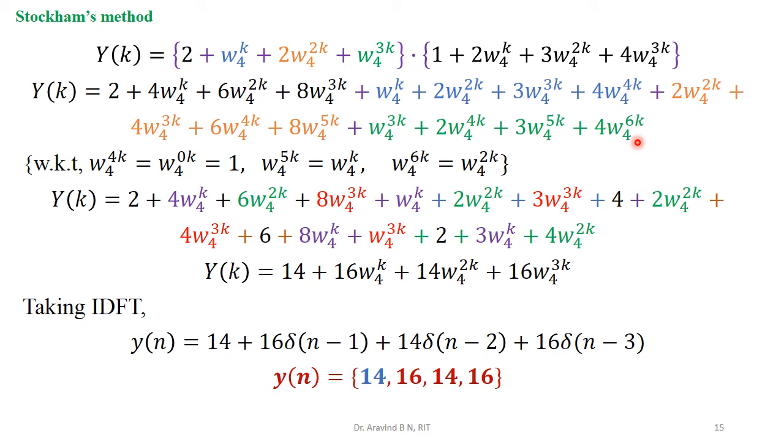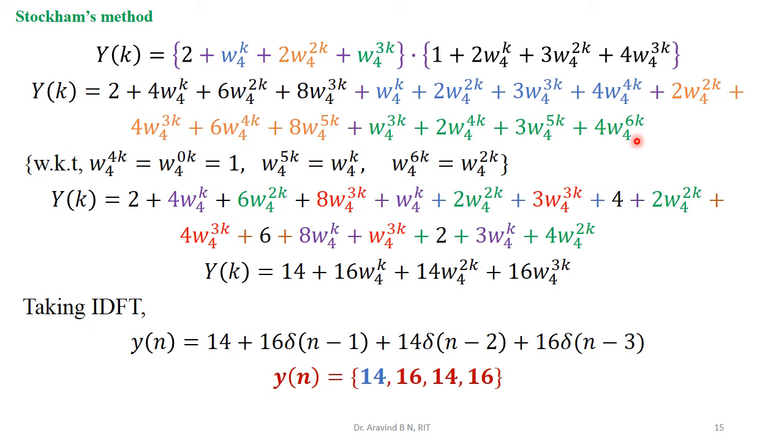See, the length of the sequence has been taken as 4. And as we discussed in the DFT at the very beginning of the DSP subject itself, the power of the Twiddle factor must stay within the range of 0 to 3 for n equal to 4. If the length of the sequence n is equal to 4, then the range of the power of the Twiddle factor must be 0 to 3. If it goes beyond 3, these values keep repeating. That means if the Twiddle factor power is equal to 4, then that will be equal to Twiddle factor power 0. So that sequence will keep repeating.